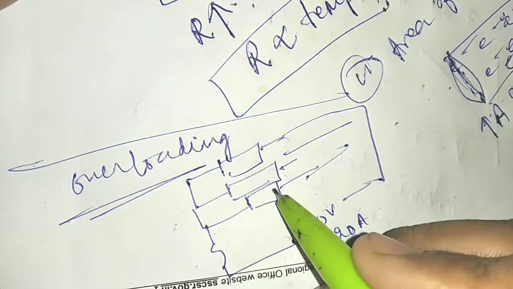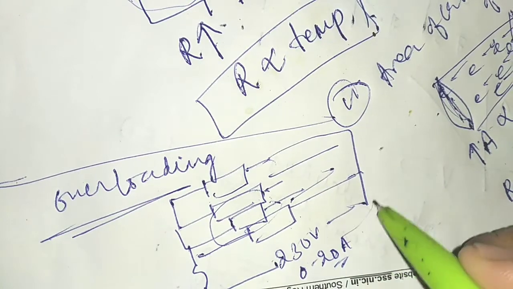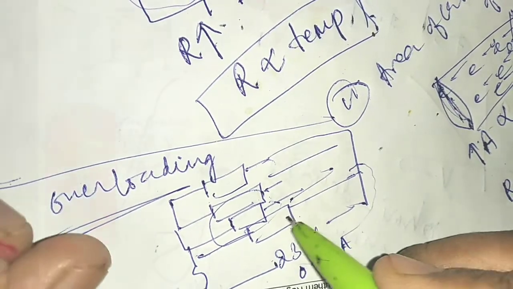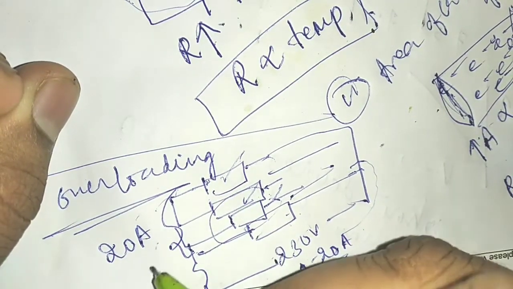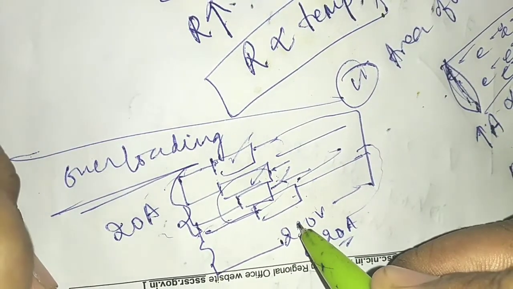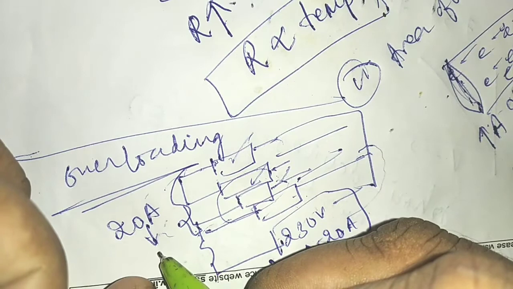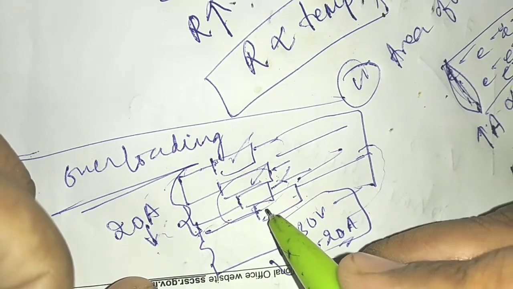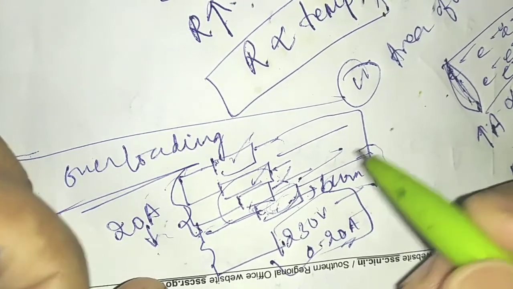Now let us say I have connected one more extra device, which makes more than 20 amps of current be drawn. Already I have switched on three devices, and these three devices have taken 20 amperes of current. Now I connect a fourth device, and this fourth device will try to take more current from this supply. As soon as it tries to take more than 20 amperes, there will be a heating process going on in these devices, and a device may get burned and may cause a fire.